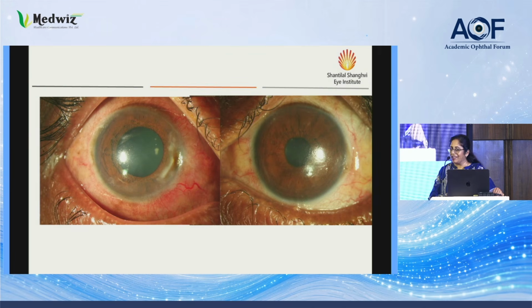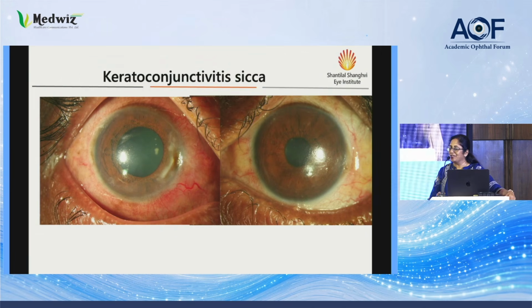But when I tell, for example, Dr. Arundhati what this is, she knows that this is a case of severe dry eye, maybe keratoconjunctivitis sicca. It's an aqueous tear deficiency dry eye, and she would immediately start looking at the patient systemically, whether the patient has Sjogren syndrome or anything like that. So this is a case of severe dry eye.